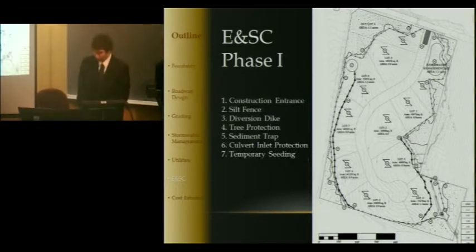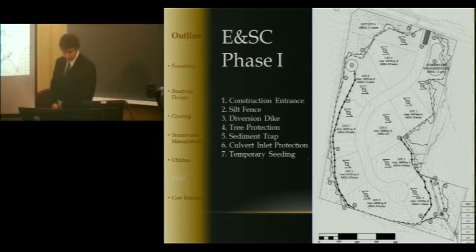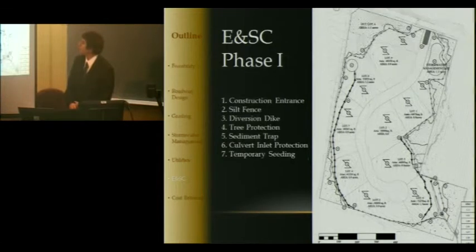We do have the construction entrance that will be put in place at the onset of the construction. We do have silt fence around almost all of the site, along with a tree protection line that runs along the drip line of all the preserved trees, which will help to eliminate any root damage from any of the machinery on site. And we also have several diversion dikes that will